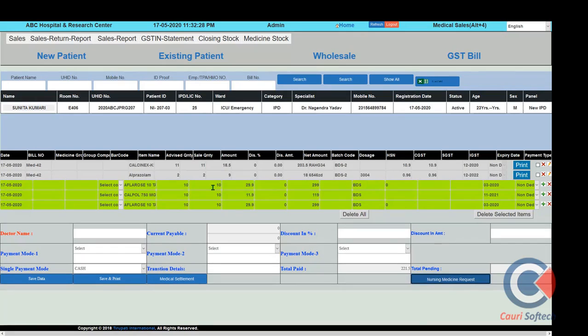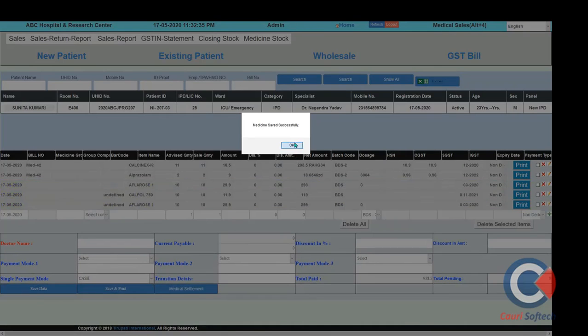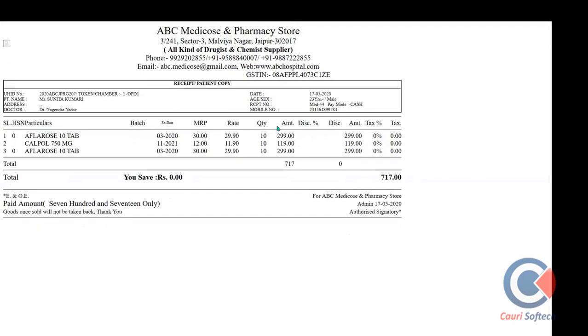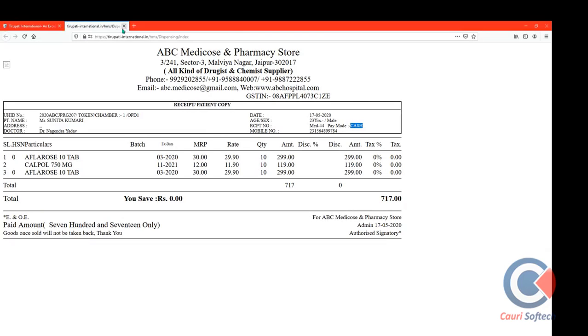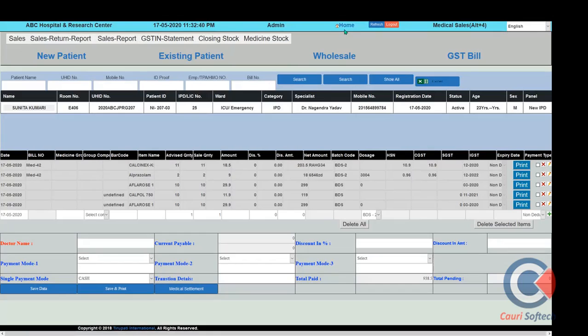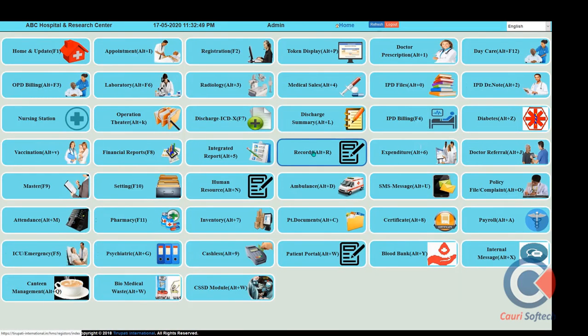After clicking on that button, the medicine will be reflected here, and this medicine can directly be issued to the patient, and that will go to the total patient bill amount automatically. Cash or credit method is there, so we can consider it as cash, so no problem. It will go to the patient bill, but this amount will not be added multiple times.